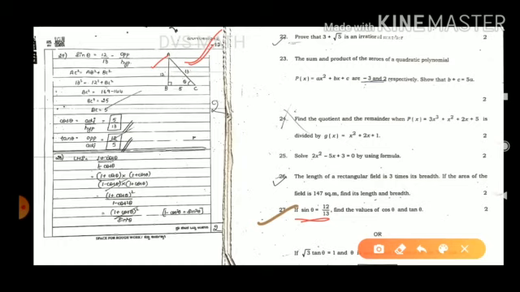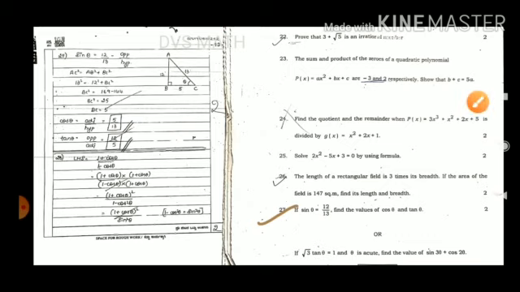So here find the values of cos theta and tan theta. So first we don't know the adjacent side. To find adjacent side you have to do the Pythagoras theorem. So if you apply Pythagoras theorem, 13 square is equal to 12 square plus BC square, you will get adjacent is 5. Clear? So cos theta is nothing but adjacent by hypotenuse, so 5 by 13. Tan theta is opposite by adjacent, that is 12 by 5. So here also just put it in a box, so it will be very clear and it will be very easy for valuation also.